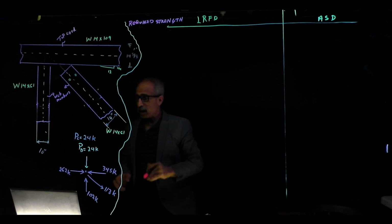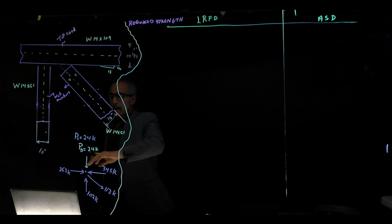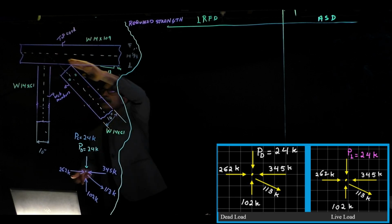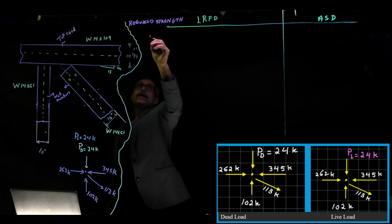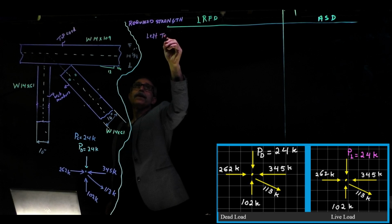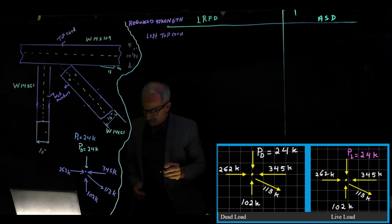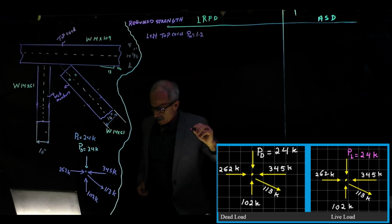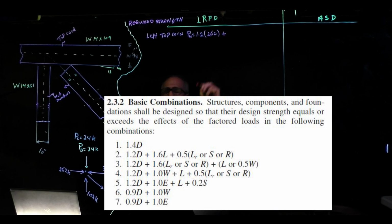First we're going to do that. We have a dead load of 24 kips and a live load of 24 kips. We're going to calculate the top chord. We got the left load coming in, and also the right one coming in. So let's say left top chord, which is basically this one right here, and PU, ultimate load, is equal to 1.2 times 262 plus 1.6 times